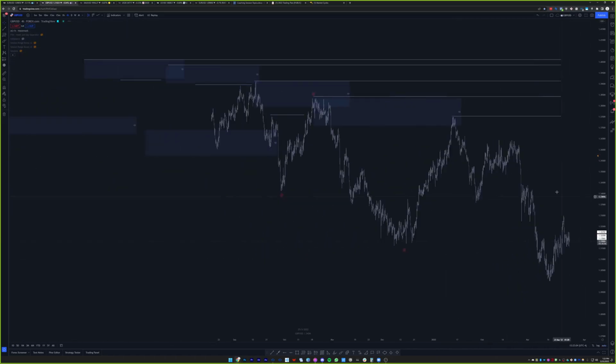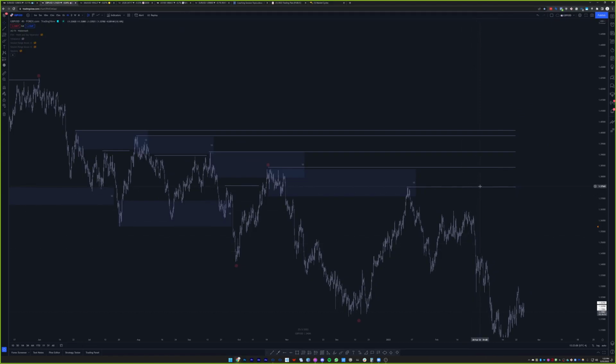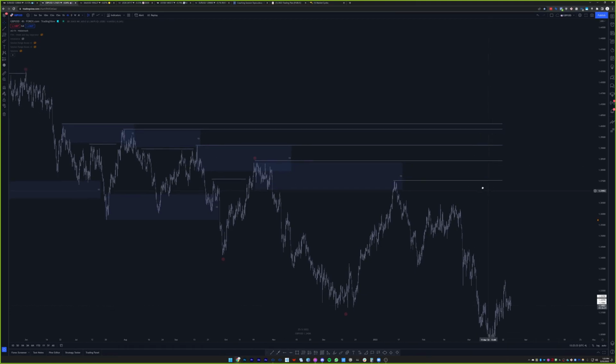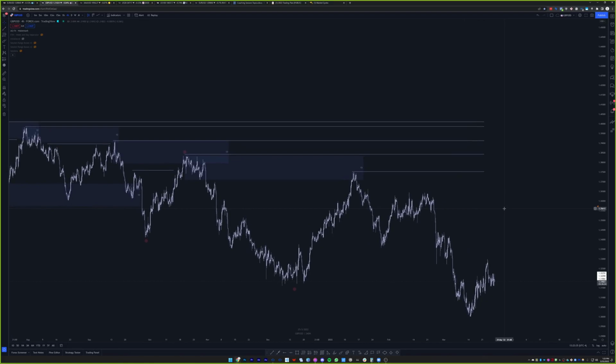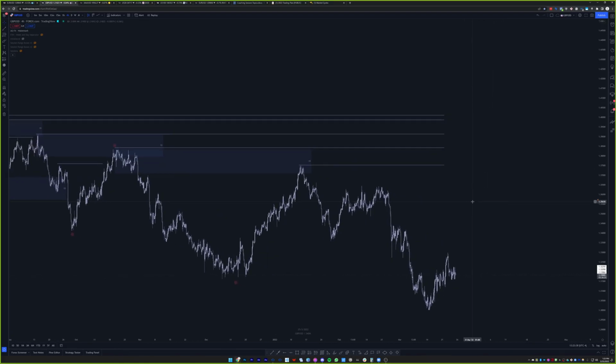It could be one of two things. Obviously, if an institution is trying to short off of one of these levels, it's there to help them fill their position, right? Because their position is huge, they have to fill it in pieces. There's no way that you can enter a million lots short. You're going to crash the market, the whole economy, the currency, right? So in that case, it still does cause buying pressure regardless, right? If price is going to go through those stop losses, price is going to push up, because to cover or get out of a short position, you have to buy, right? It's the opposite of buying.